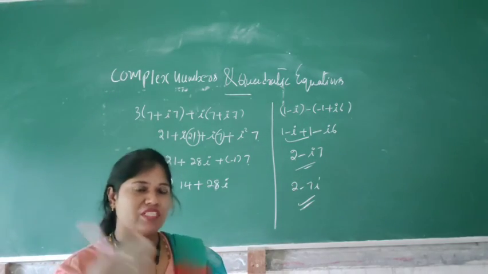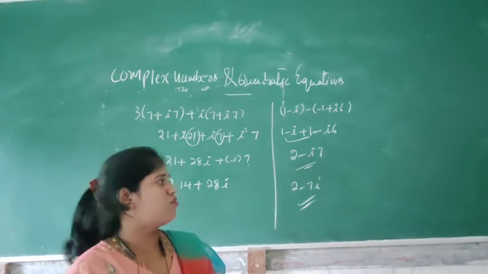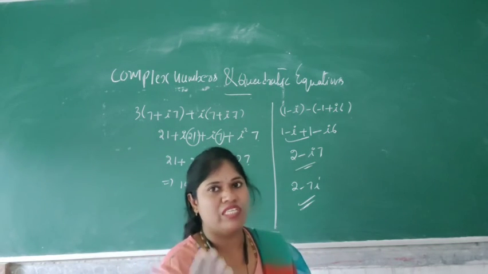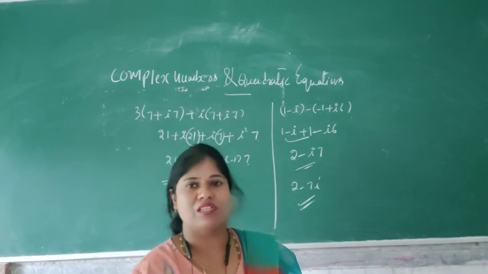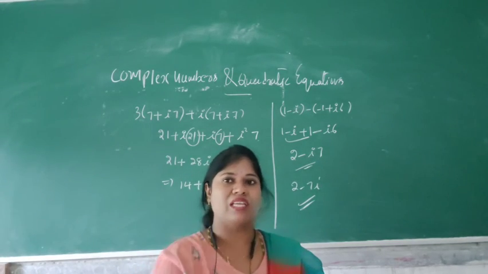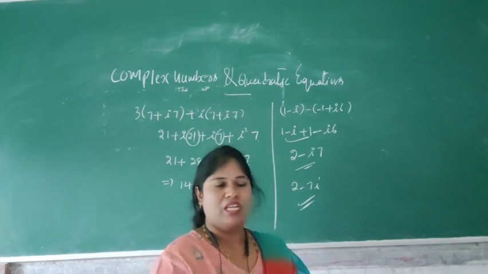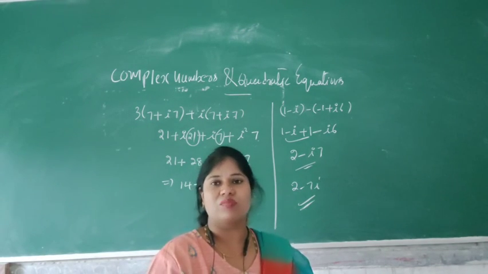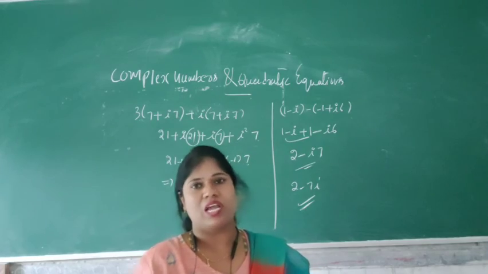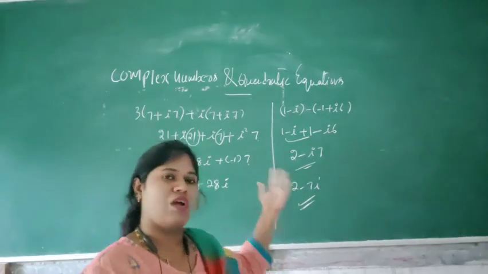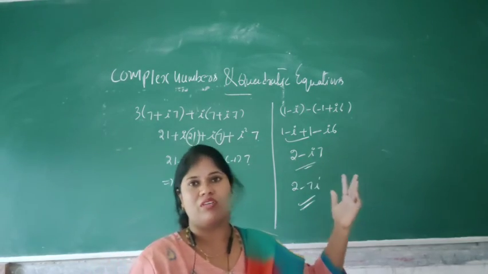Before that, we hadn't studied the concept of complex numbers, no? Because if the discriminant is less than 0, then negative values under the square root will come, okay, negativity will arise. Because of that the concept of complex numbers, that is i, came. So i is equal to square root of minus 1. So the complex number definition is very important.